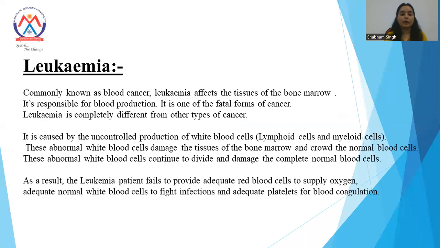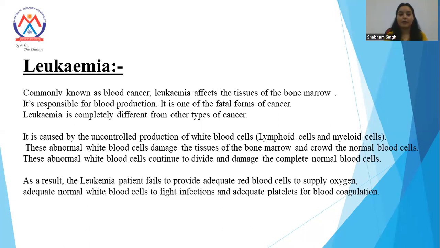Next, we will talk about leukemia. It is commonly known as blood cancer. Leukemia affects the tissues of the bone marrow, which is responsible for blood production. It is one of the fatal forms of cancer. Leukemia is completely different from other types of cancers. Why? We will have a look. Because it is caused by the